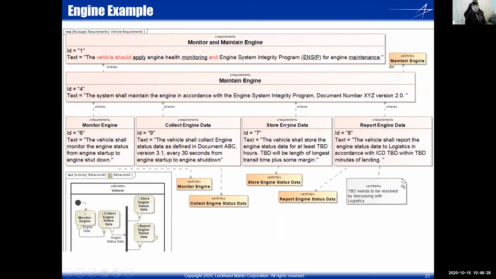Then I keep going and I take a look at the vehicle now, and I have all these functions underneath the vehicle, and I start writing requirements for those. And I say, okay, I had a requirement to monitor the engine, right? So what does that say? And I think it says the vehicle shall monitor the engine status from the time you start the engine to the time you shut it down. Basically, I'm saying all the time it's running, right? That's what you want, right? On your car, you turn your key and the car starts up, and you want it to start monitoring the status. It starts collecting the status, and it does it in accordance with this document here